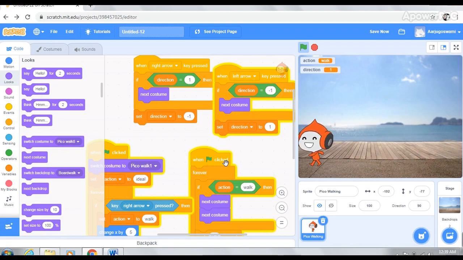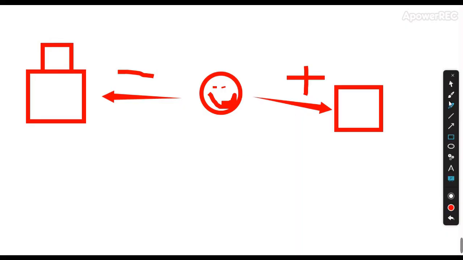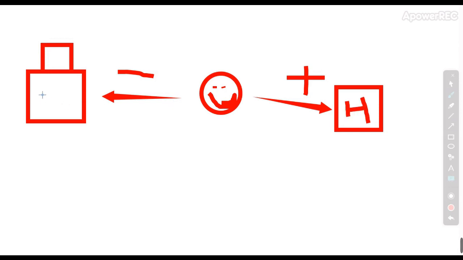So here is my Piku. On the right-hand side there is Piku's home. On the left-hand side there is Piku's music classes. So if Piku wants to go to music class, then Piku will go to music class, not to his home.